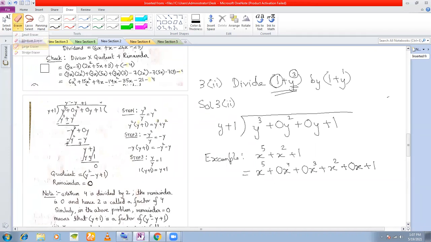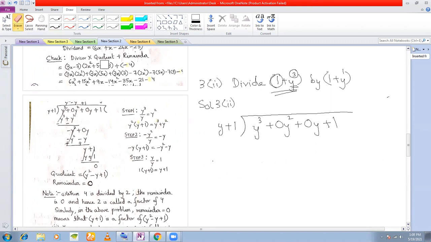Yes, sir. So that is how you should write. Please do not get confused if a variable is given later, as in here. Please do not get confused. This is very important. So now we can divide very easily by following the normal steps.